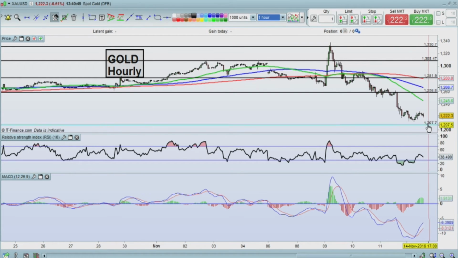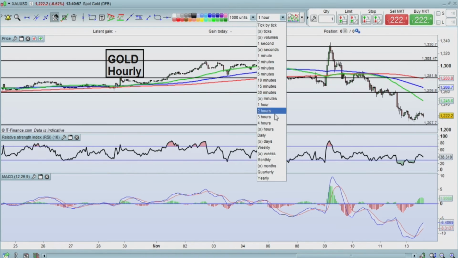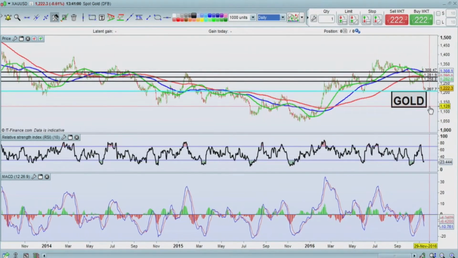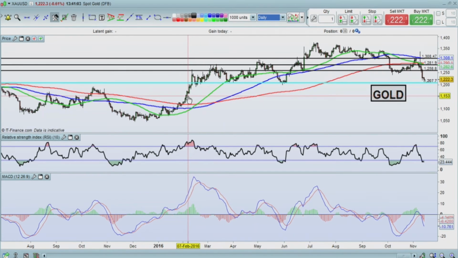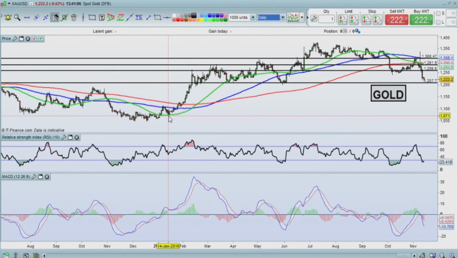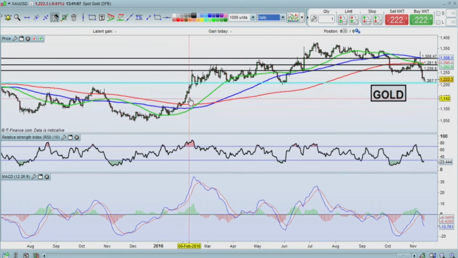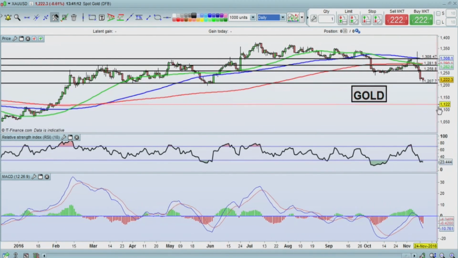We are looking at this level here at the 1207 as good level support for gold. If it goes below there, then we can see gold going a little bit lower from where it is at the moment, and the next level of support then comes through at quite some distance below where we are at the moment, possibly even as low as a further $100 down from that point. But we do have support at these levels, and whilst you may be bearish, watch out for that support holding at the 1207 to 1208 level.